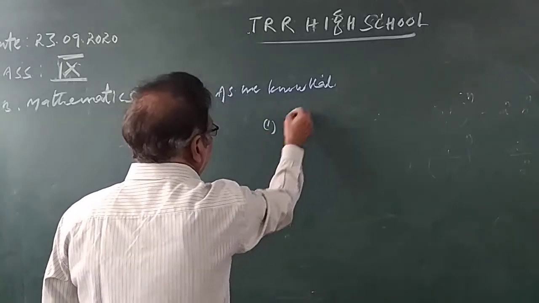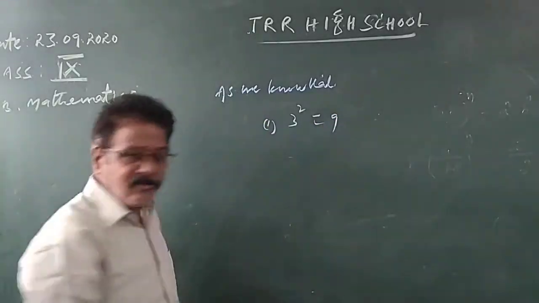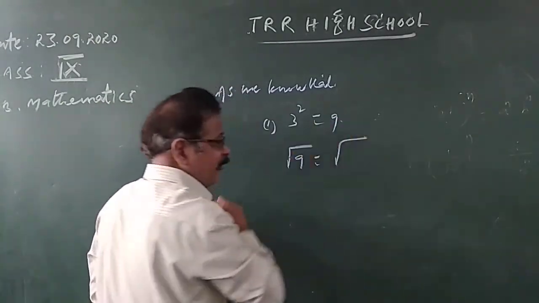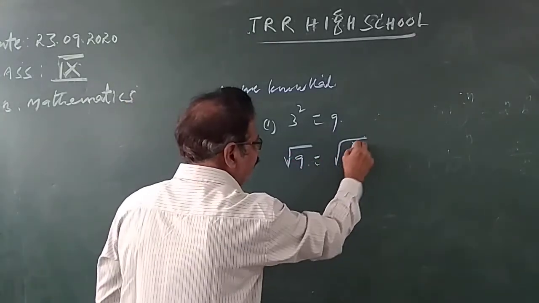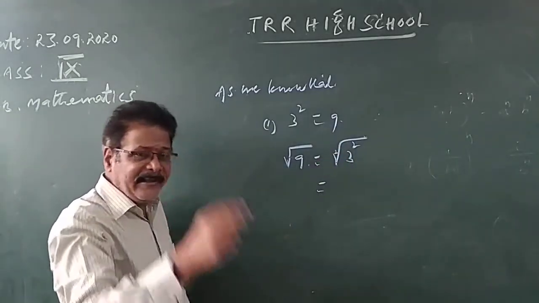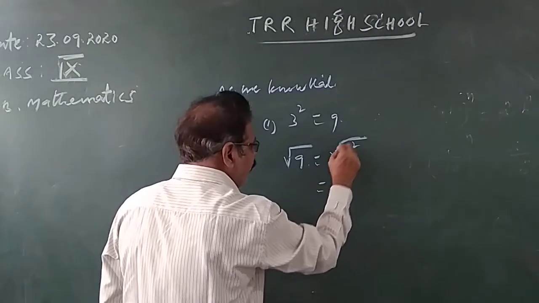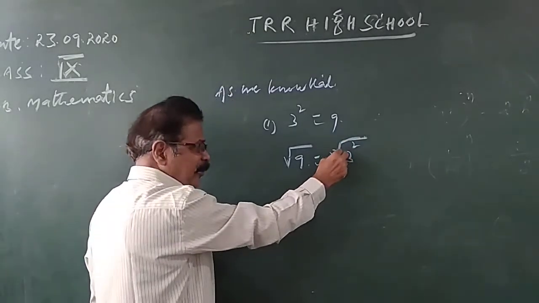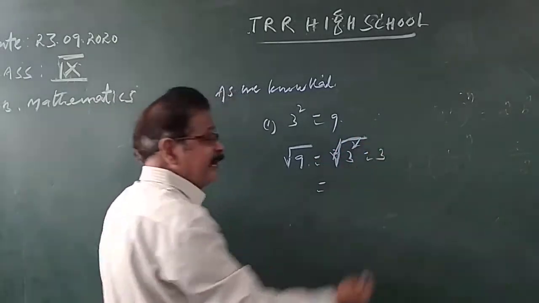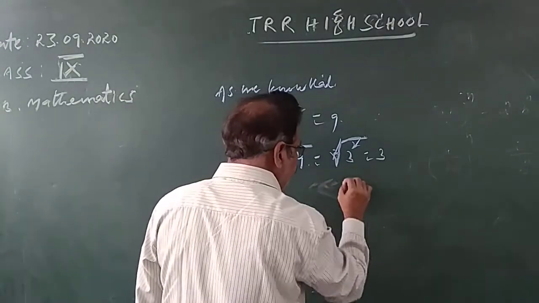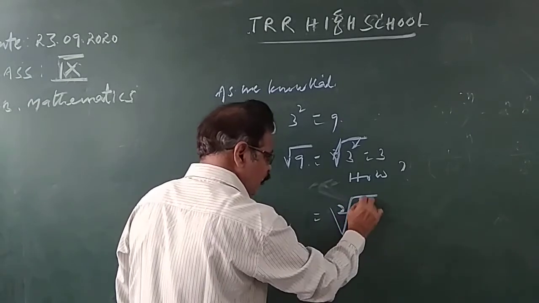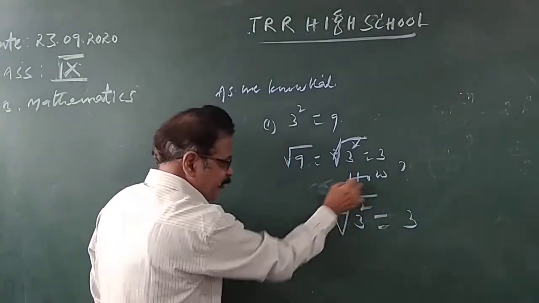So as we know that 3 square equals 9. Square root of 9, let us find out. 9, how can you write? 3 square. So here what does the root mean? Square root. Already you learned in the 8th class, this is the order of the irrational number. The order is 2 here. Square means 2 here. This 2 and 2 cancel, that is 3. So the square root of 3 square is 3. This is called radical form.